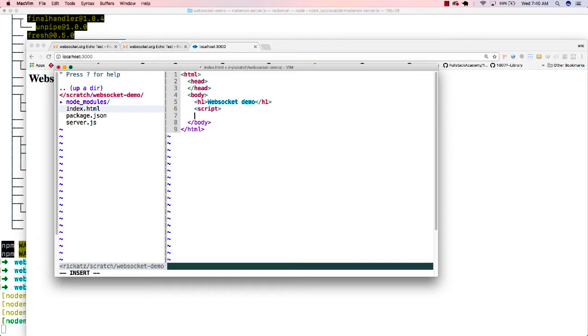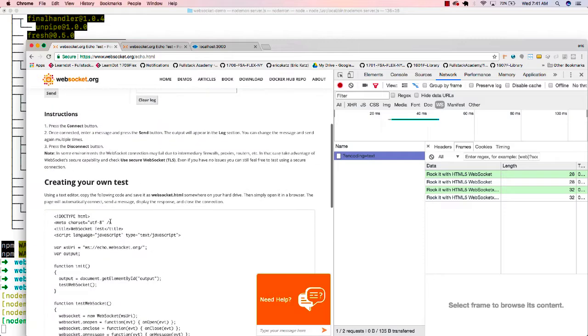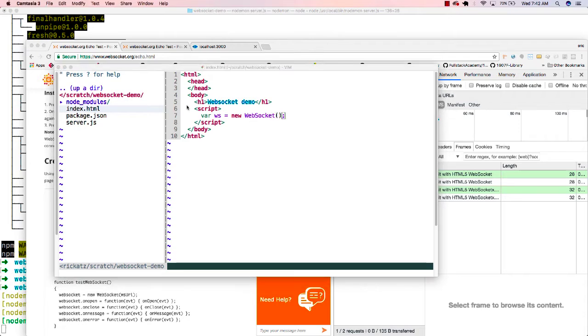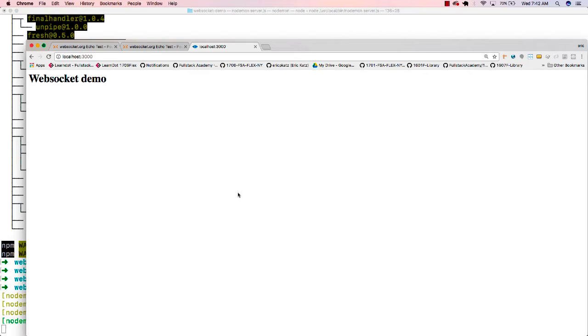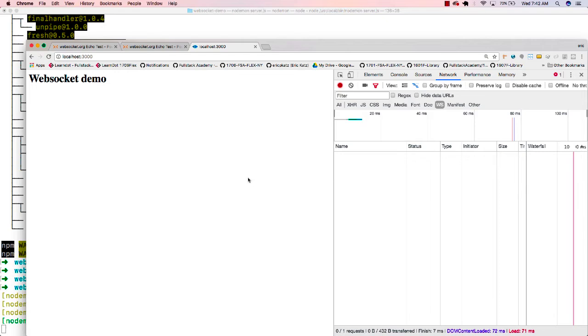The next thing we'll do is create a WebSocket on the client, which is going to be connecting to a WebSocket out here using this URL that we see over here. So I'm going to create a WebSocket. ws equals new WebSocket. If I just did this and went back to this page and opened up my tools over here and reloaded this page,